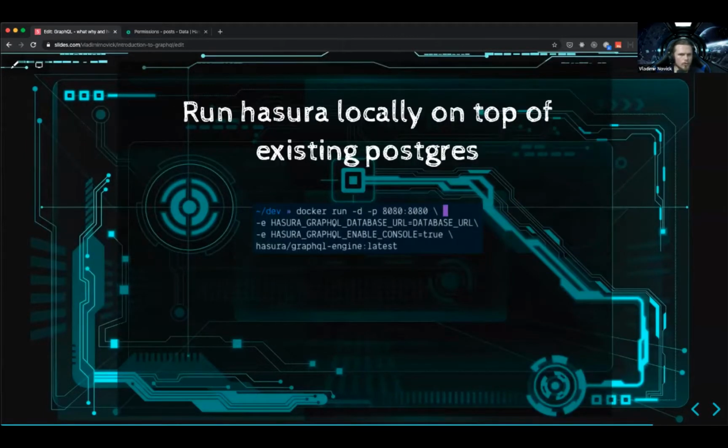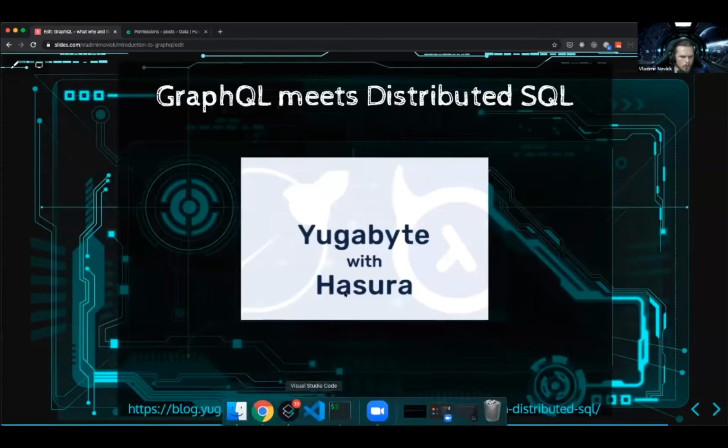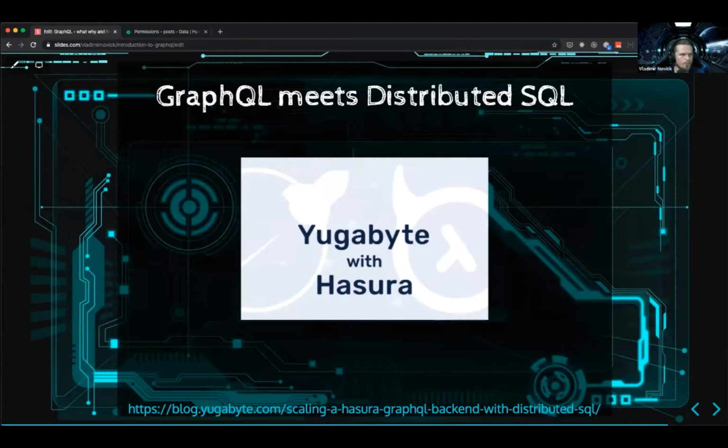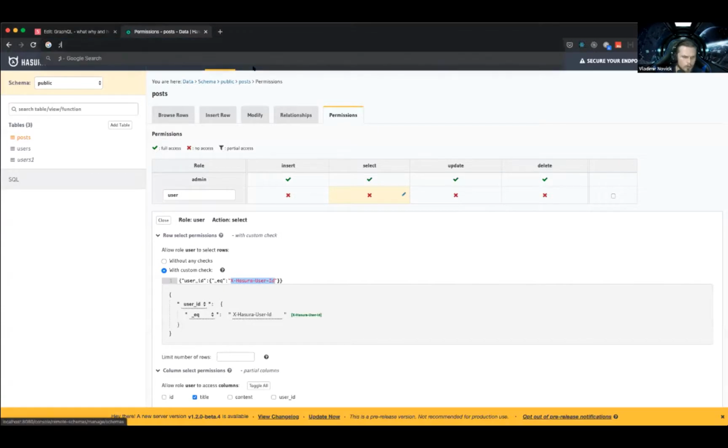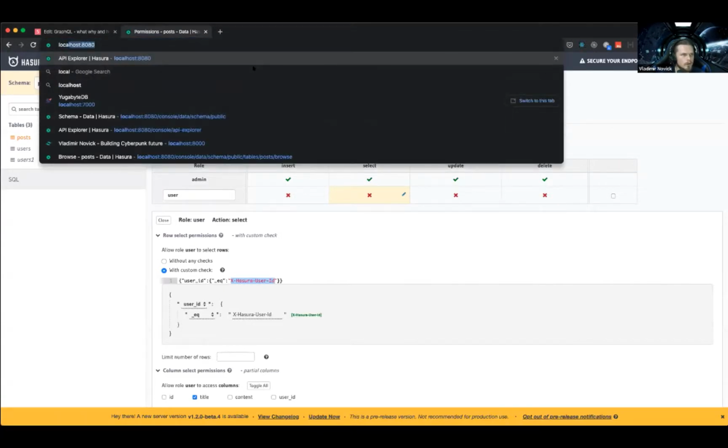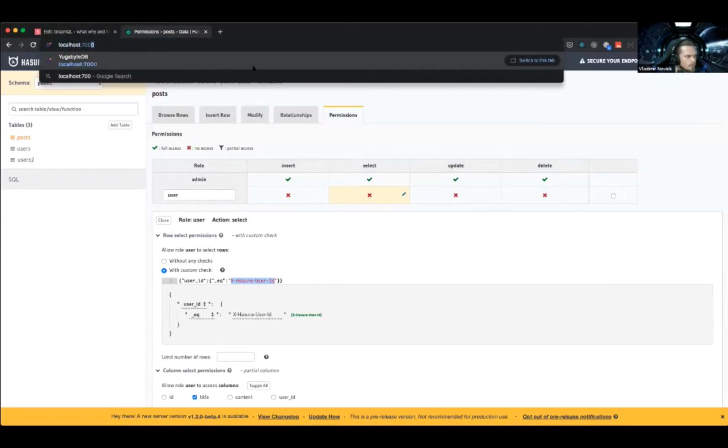Now, authentication, you can use webhooks, you can use JWT. Now, you can also run Hasura locally on top of existing Postgres. And in fact, what we will do now, we will run Yugabyte with Hasura on top of an existing database that I have here. Now, to go to the Yugabyte UI, I have a cluster set up and running.